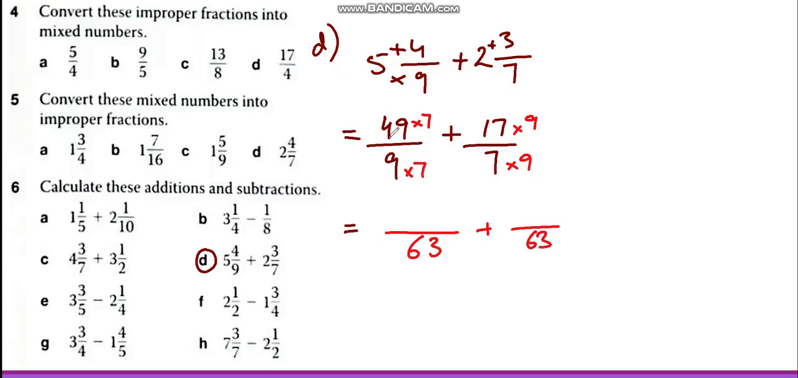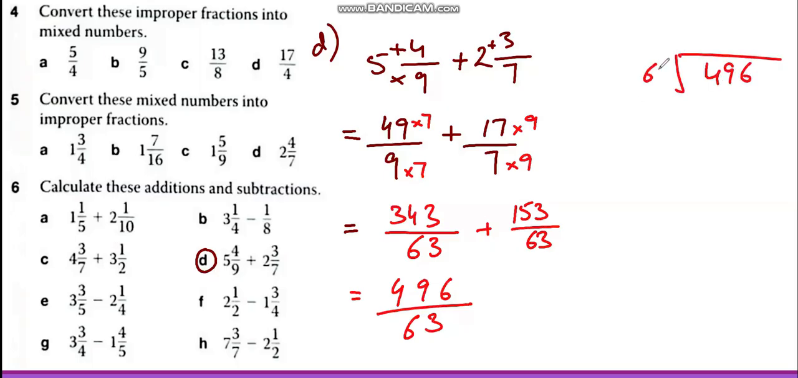Similarly, 49 times 7 is 343 and 17 times 9 is 153. Let's add the numerators, meaning 153 and 343, that is 496. Now we can easily convert the improper fraction into a mixed number again. So let's divide 496 by 63. If we multiply 63 with 7, we get the closest number, 441. And now if we subtract